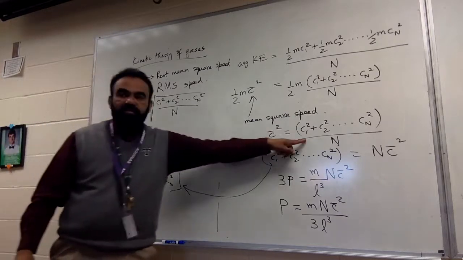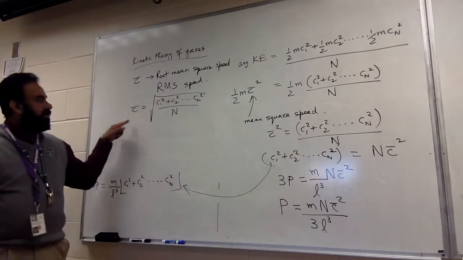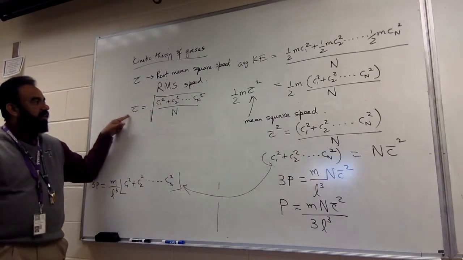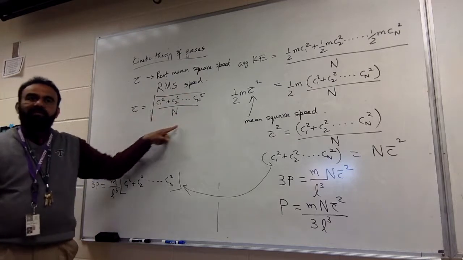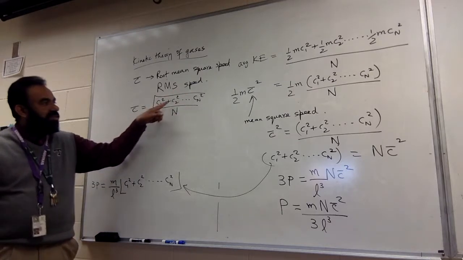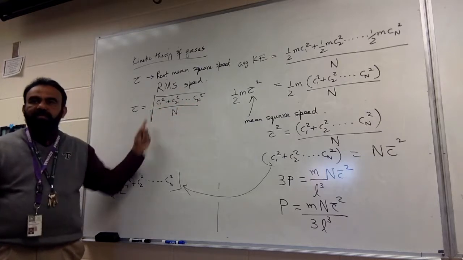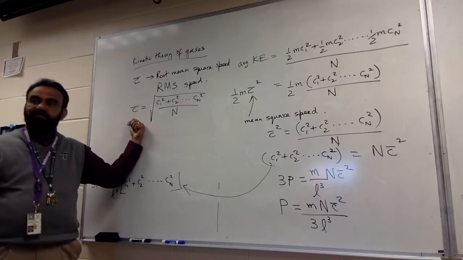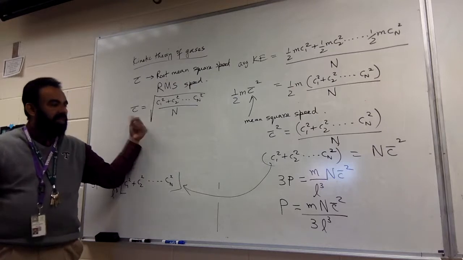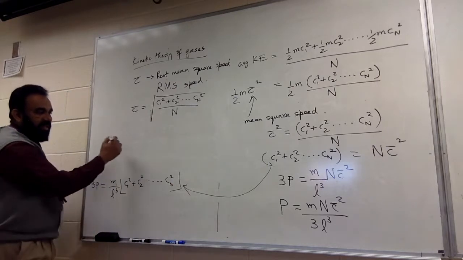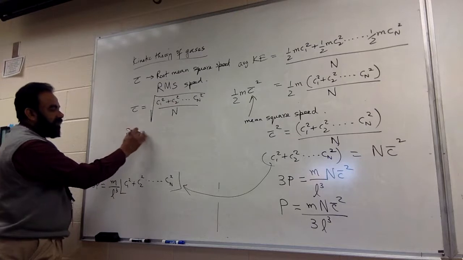It's just a square root of this. So the root mean square speed is simply this. If you know the velocities of each and every molecule, you just square all of them, divide by n, take the root, and that will be the speed. Now, using that again there, P is equal to